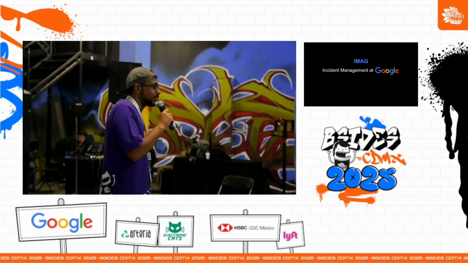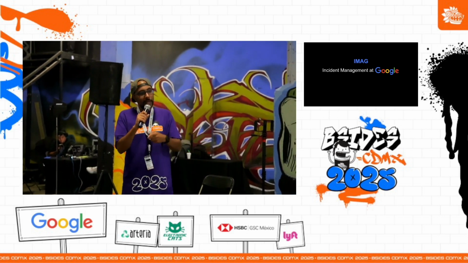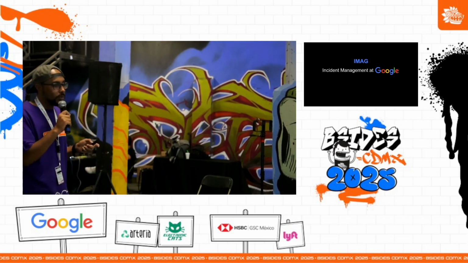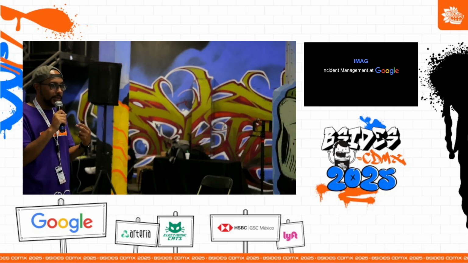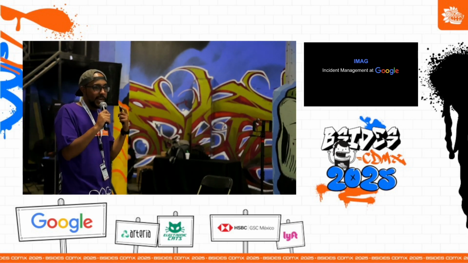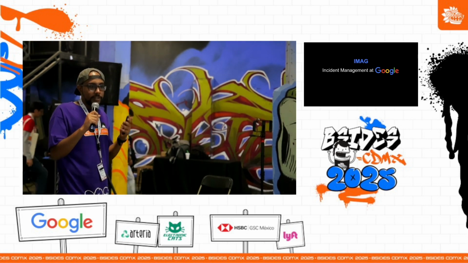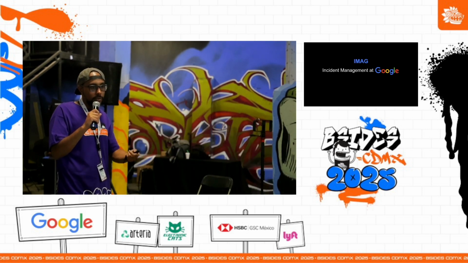We have at Google something called IMAC, which is short for Incident Management at Google. It's a set of protocols that we follow at Google to respond to critical incidents like this one. When you join Google and you're part of an incident response team, you have to get trained on this, for example, to follow it. And one of the most important things of the IMAC set of protocols is you have a team with a clear set of communication instructions, and then you have a good plan on how you're going to address a problem.